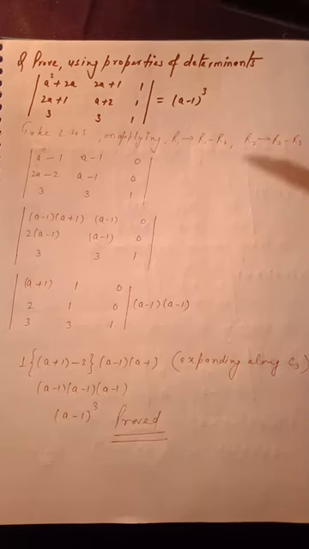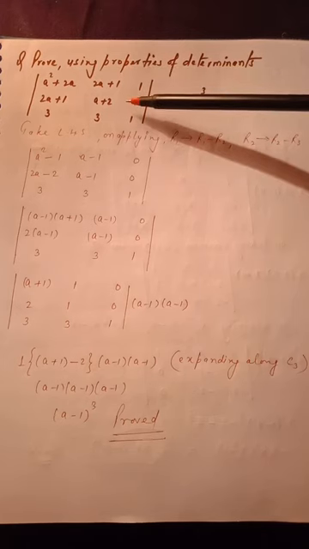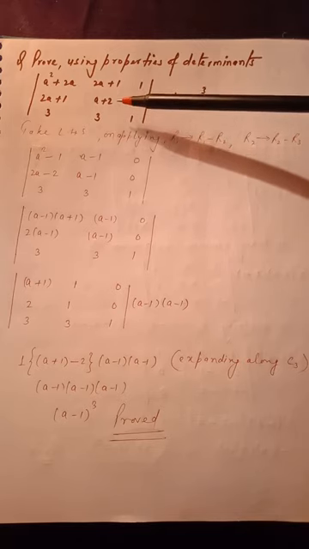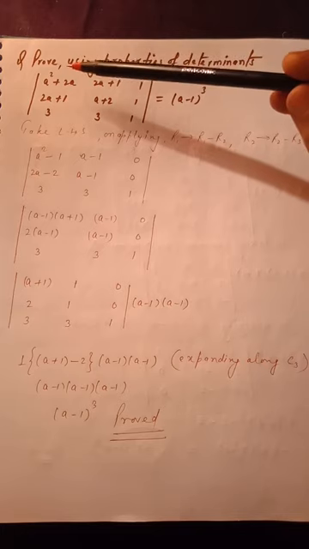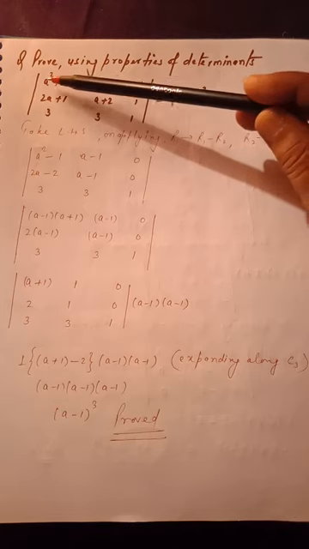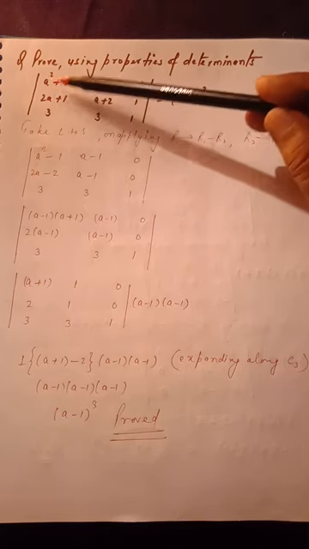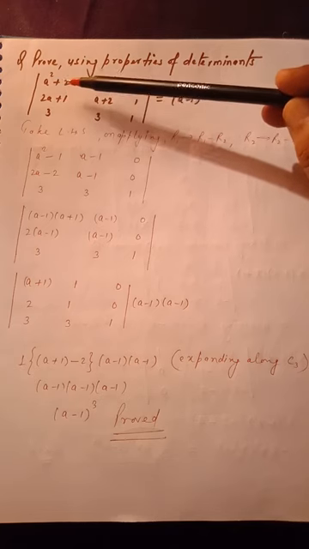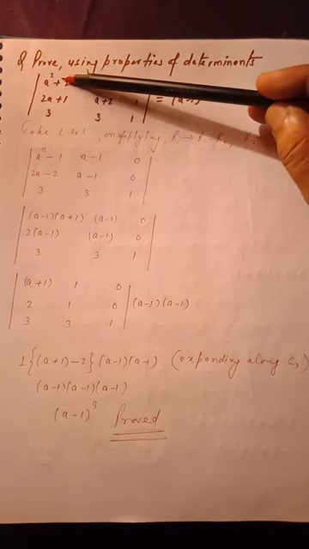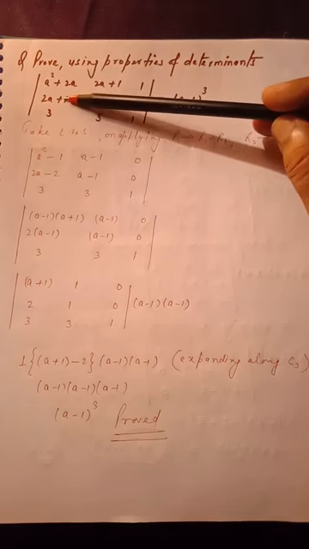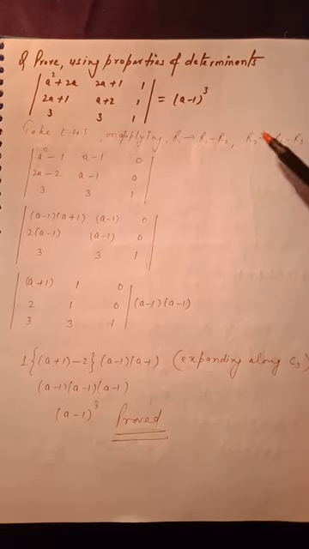You can see in a particular problem, we can apply either a row operation or a column operation or both. We are free. So here, to get a minus 1, when we subtract 2a plus 1 from a square plus 2a, this will cancel, we will get a square minus 1, and finally it gives (a plus 1)(a minus 1). So for this I am writing R1 equals R1 minus R2, and similarly R2 equals R2 minus R3. So two operations I am performing.